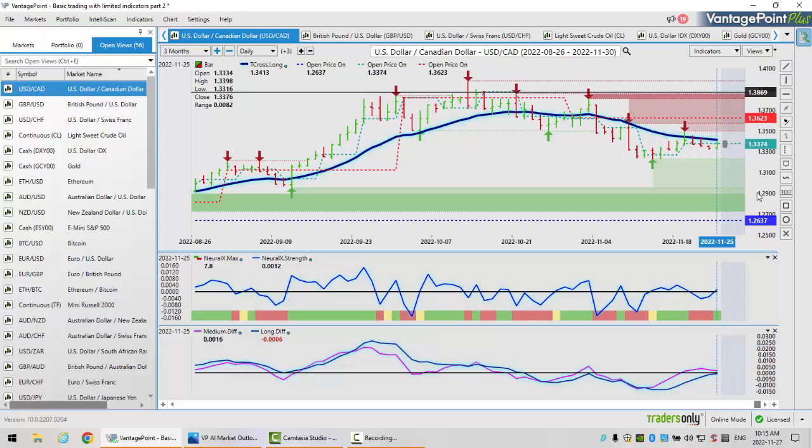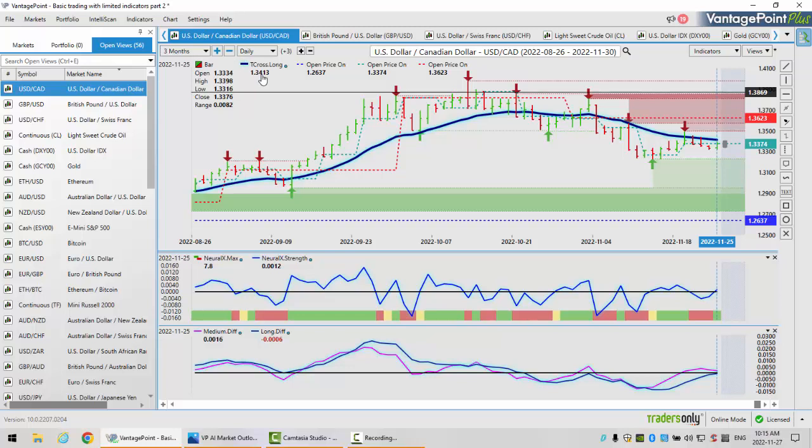Now, in my respectful opinion only, I think that the Bank of Canada will blink before the Fed does, meaning that they will pause, pivot, or stop hiking before the Federal Reserve. That's another negative. But here's the deal. If the stocks break out to the upside with a Santa Claus rally, that could very well pull the Aussie, the CAD, and the New Zealand up with it. So we'll monitor this closely.